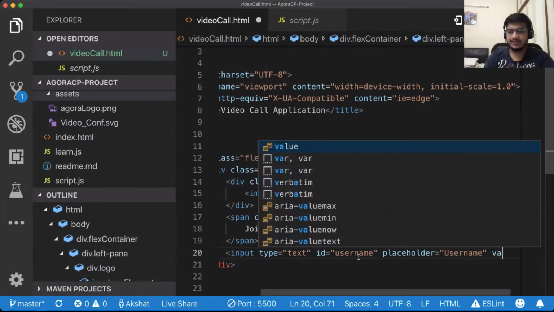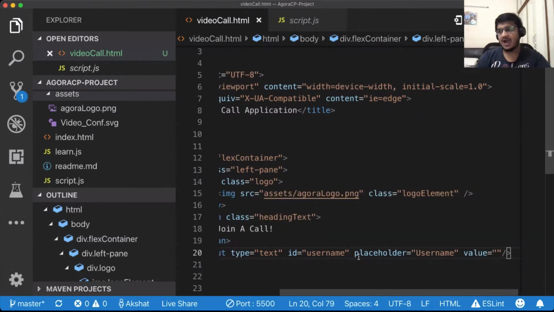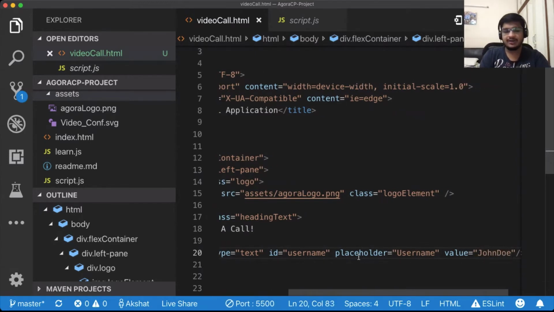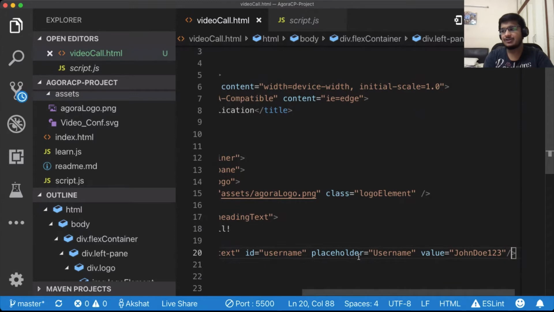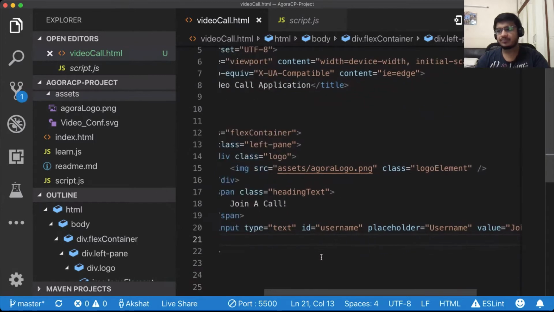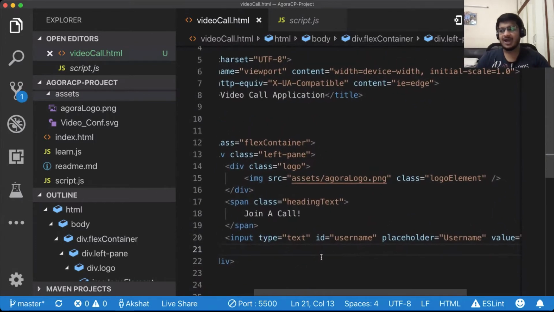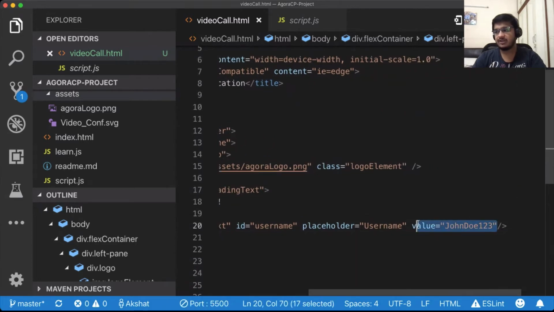If you know the basics of HTML, there's something called value. Values basically can help you have your tab pre-filled in case someone does not put up anything and your field is not required. The default value will be used. For example, there's John Doe. Since we are in development, it's very painful to keep typing values inside the input field again and again. So I usually follow the approach where I put up values. I'll just scroll a bit so you can see this. I have the habit of putting up values so that you don't need to enter it into the input field again and again upon reloading. But the value field in this input field is optional. You don't need that.